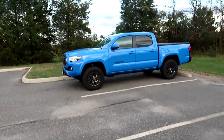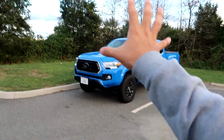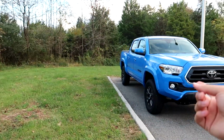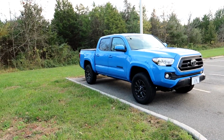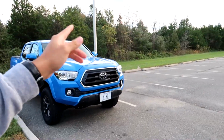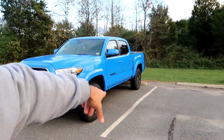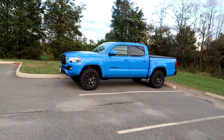So this is my 2021 Toyota Tacoma SR5, Voodoo Blue, beautiful, beautiful Voodoo Blue. You already know the dealio. Now, I am slowly but surely modifying this truck. Some stuff is on the way, some stuff I've canceled that was on the way. Patience. Patience is key. Literally, because I am impatient, I've canceled some modifications that now, if I try to reorder, will only take longer. So, patience is the number one thing that you want to keep in mind, especially